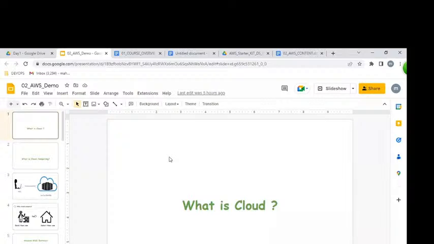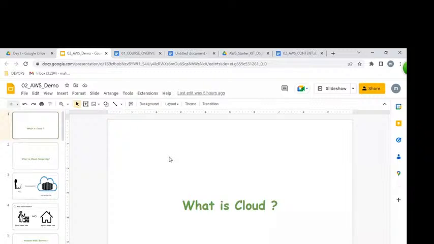Today we're going to be discussing what is AWS. Before starting, I'm going to ask you one question. What is an application?